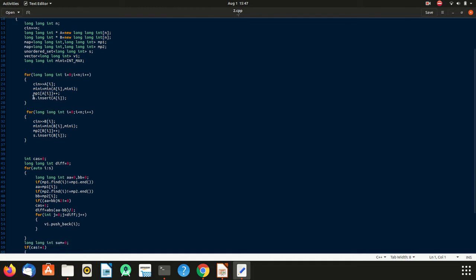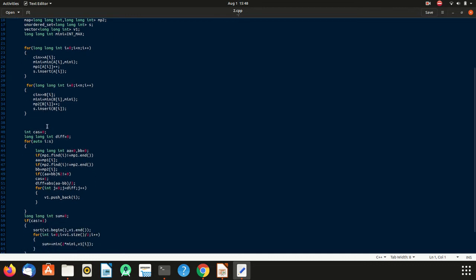First we are counting the frequency of each and every element. If Ai, so Ai's frequency is counted, and we are going to insert these elements into the set. Set is used because set has unique entries, so the common elements from both get vanished, and we take only a single entry of each. In map 1 we are taking the frequency of A, and in map 2 we are taking the frequency of B, and finding the minimum from both the arrays.